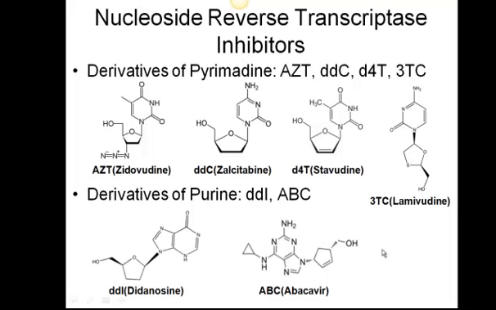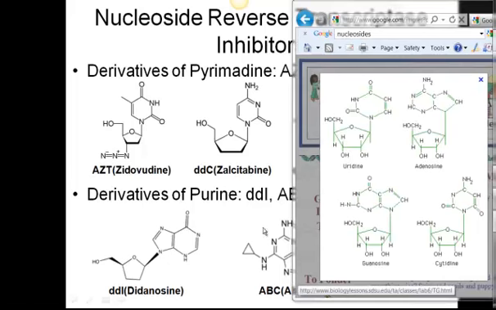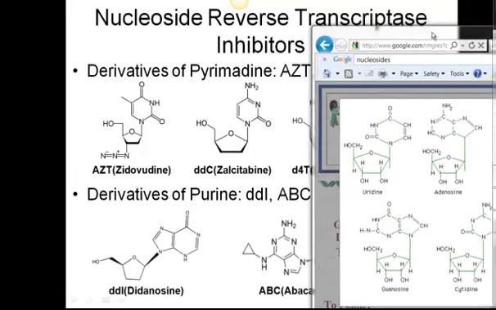This is an example of some of our nucleoside reverse transcriptase inhibitors, and what you see is they look a lot like a DNA base. So if I just look up the DNA bases really quick. Okay, this is a nice diagram that shows the different nucleotide bases. Actually, these are the nucleoside bases, so only the sugar molecule is attached right now. You see the ribose sugar down here, and these would all be for the RNA. The deoxyribose would be lacking the OH at this position. And you can see that our molecules over here are mimicking these structures.